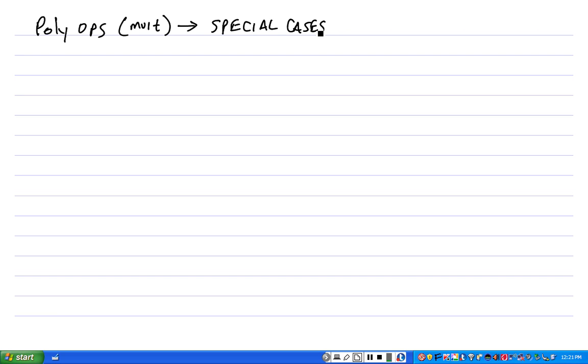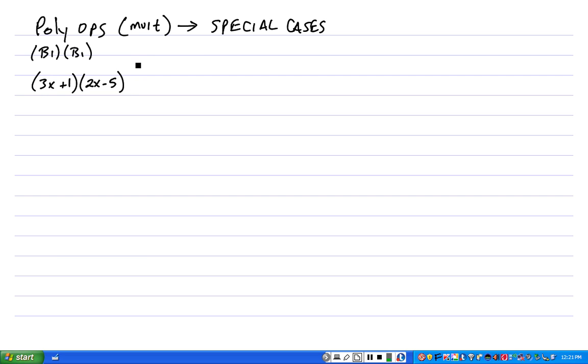First, if you have a binomial times a binomial, 3x plus 1 times 2x minus 5. Alright, we've already shown that using the previous method, horizontal, or what I call the universal method anyway,